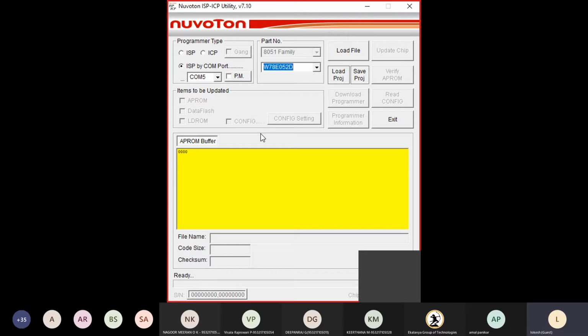You can see here. With it, we can load the hex file, whatever hex file we have created, into the 8051 microcontroller.